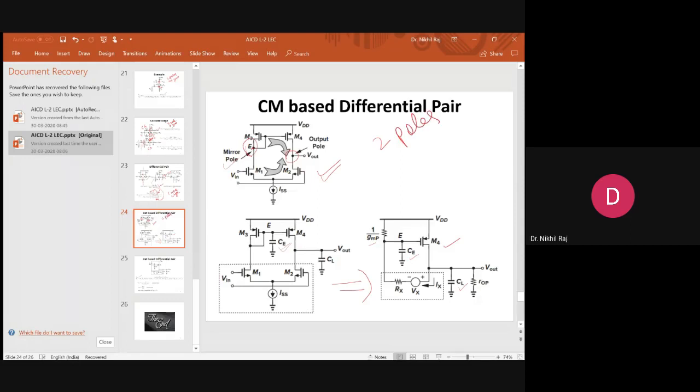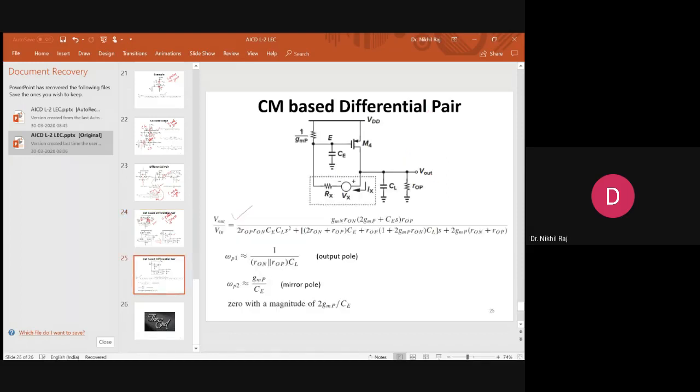Okay, now how many zeros can be there? Zeros are calculated when we are propagating from input to the output. So this is the input, this input signal is replicated via E to the M4, and from M4 the signal is going to the output node, and my signal path is going like this. So here a zero is formed, so one zero will also be there in the circuit. Because of the existence of the feed forward part due to M4, and M4 is carrying the signal given by the M1 transistor to the current mirror. So in the transfer function you will get a zero.